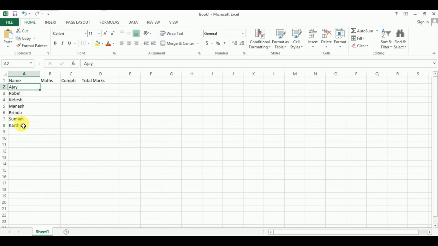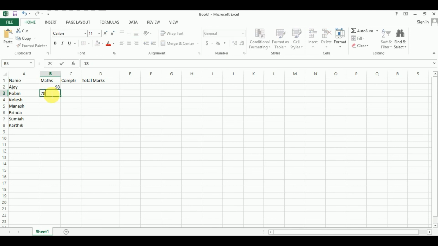Yes, because it is not sorted alphabetically; A should be first alphabetically, and R is last. Okay, and math values, suppose Ajay last year got 98 in math.